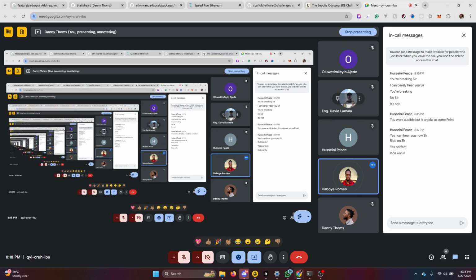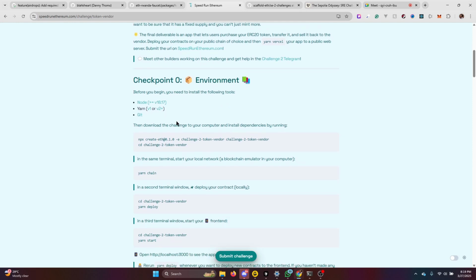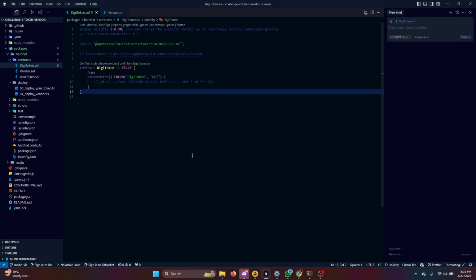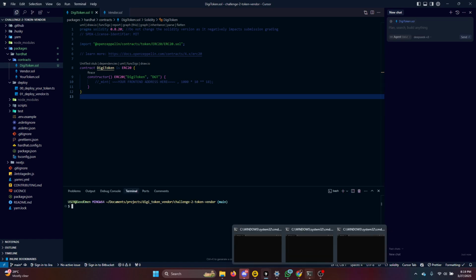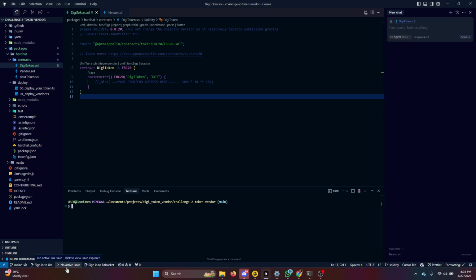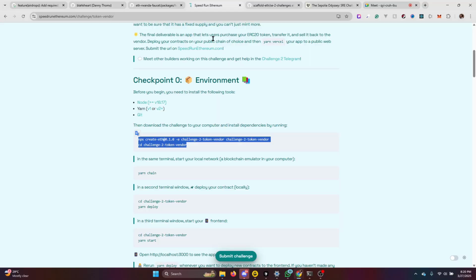All right then, let me head back to Speedrun Ethereum. The first thing that you want to do is just copy this, head over to your terminal. I already did that because I knew I was having some network problems. The first thing you want to do is paste that in the terminal. Normally you would hit enter, but I'm not going to do that because I've already done it. Anyway, once you've pasted the code, you can now run this command to start your local chain,